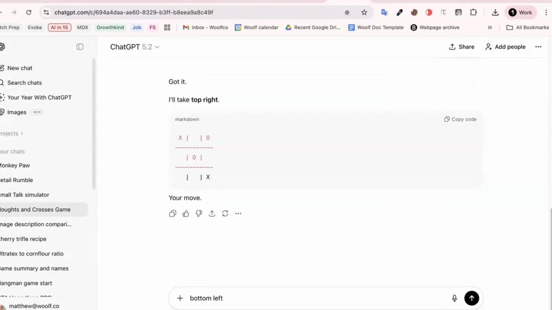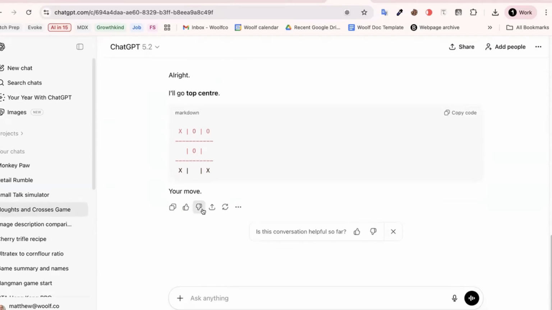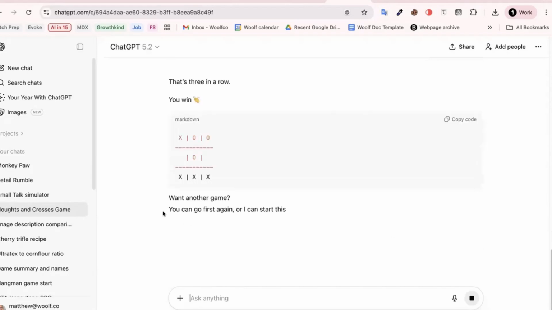Bottom left, really. Now we can win, right? Bottom middle. See, it worked out in the end. I win. Amazing. I didn't think that would happen.